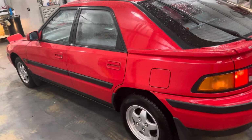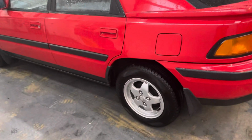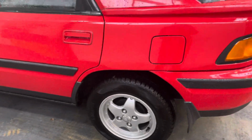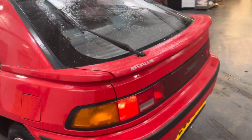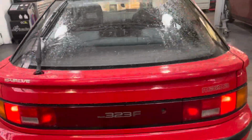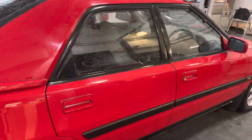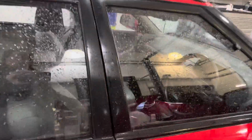It's in such good condition. The wheels are a massive 13 inches. It looks all diddy. But we're saying this car is actually older than most of the staff that work here. But for the age,